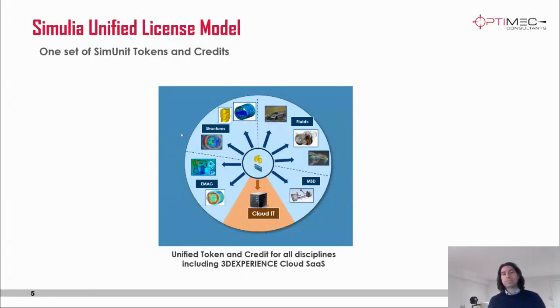So they unified the solution for the licensing model. Now any type of role that you have in simulation, you're going to use essentially the same unit of tokens and credits. No more specific tokens or credits for some applications. They're all the same.